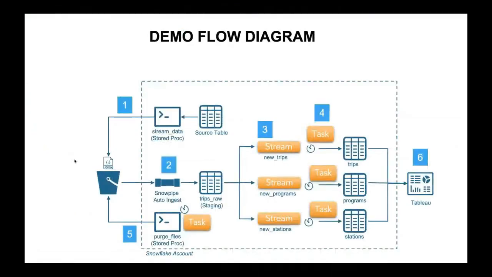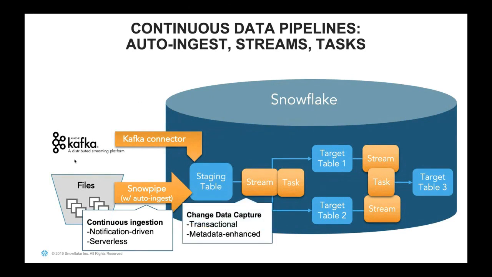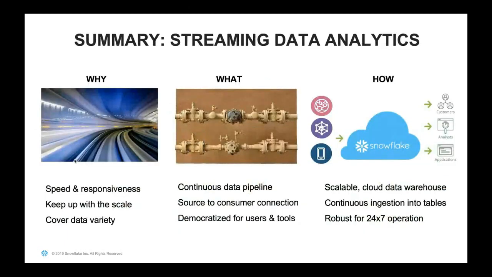So I'm just going to hop back over to the slides and recap what we've done. We used Snowpipe and showed you how to continuously ingest data into your staging tables. And then we created a number of streams and tasks to not only capture the deltas, but also start to transform the data and make it available for visualization purposes. So just to summarize,